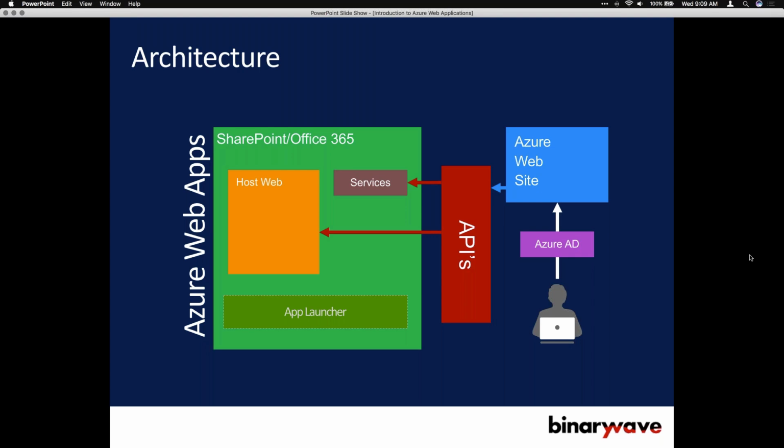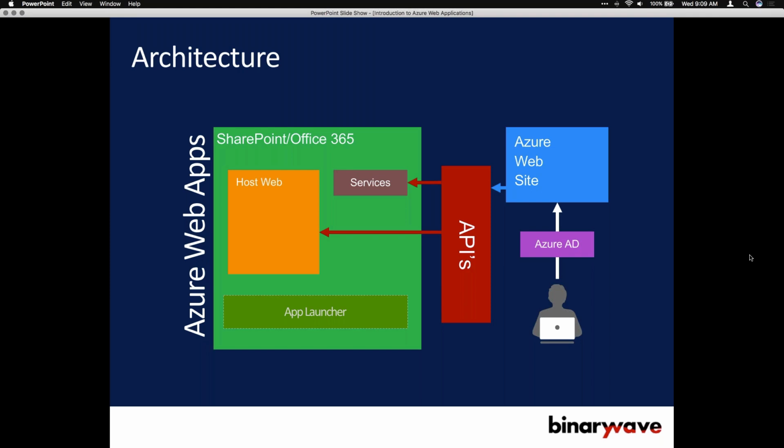The way that it works is pretty straightforward. You have an Azure web application or website that you're running. This can be just a straight up web service, or it can be a standalone virtual machine, or however you want to provision those resources in Azure. Your authentication mechanism is Azure AD, so users will sign into your app using Azure AD, and then it will talk via the APIs to whichever Office 365 services or Graph services that you want to integrate with. Talk directly to SharePoint if you need to exchange things with SharePoint,